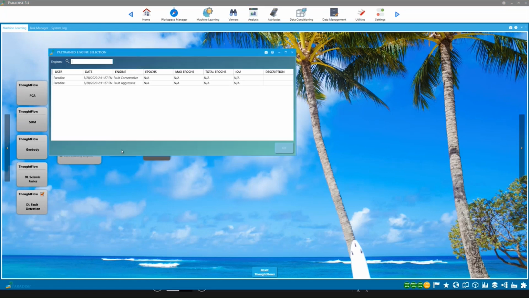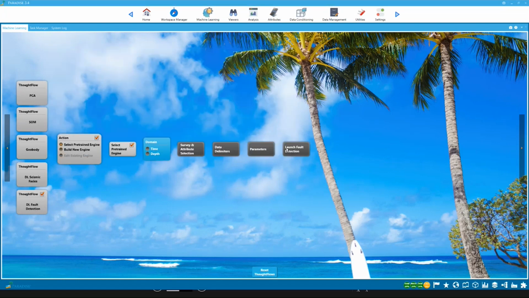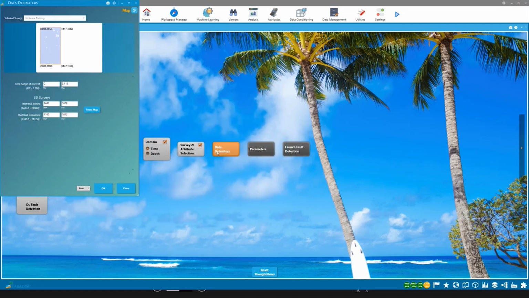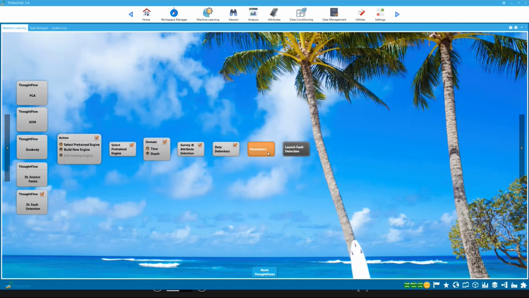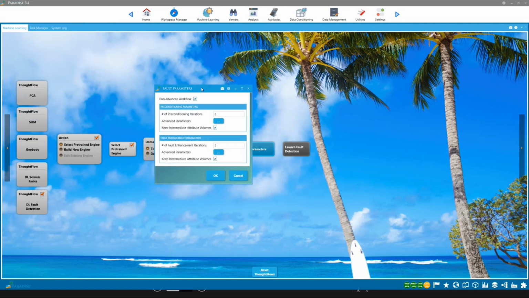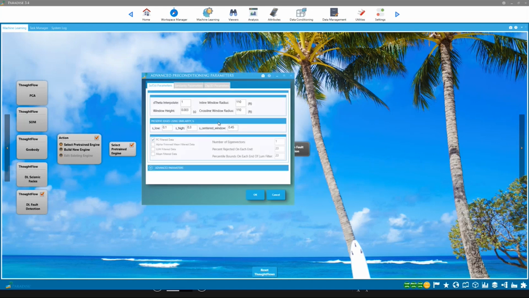It's very simple. It's a left to right button selection that takes you through. In this case, I'm just going to use all the defaults using a whole volume. The important thing that I wanted to show is how flexible we've made this. We've designed the software so that you don't have to be an expert on all of the preconditioning, like the structurally oriented filters. However, you can come in and open any of these menus